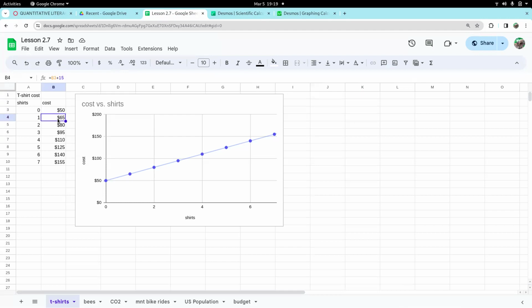And then you can see if I add 15, I get 65. If I add 15 again, I get 80. So the cost of 2 shirts was about $80. 7 shirts was about 155. And then I told the computer to make a nice graph of that. And you can see since it's going up by 15 per shirt, it rises nice and steady and makes this nice straight line. And this would be an example of what we call a linear equation, which we're going to